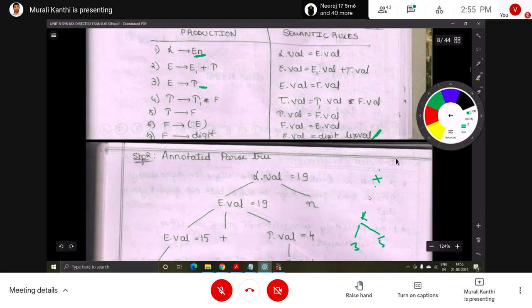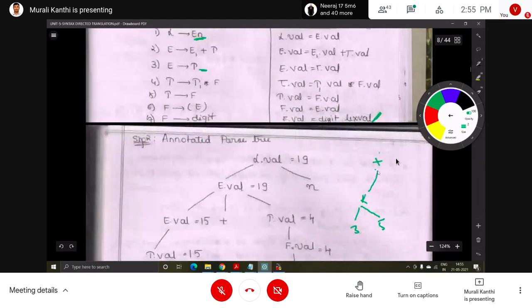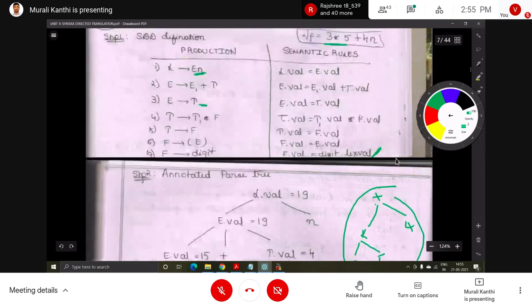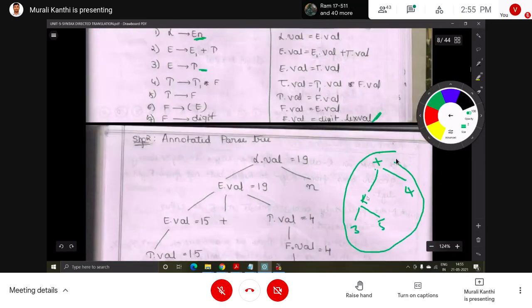That result with addition, 4. This is a tree like this also. First you draw it roughly. 3 into 5 is evaluated first, and this result is added with this one.